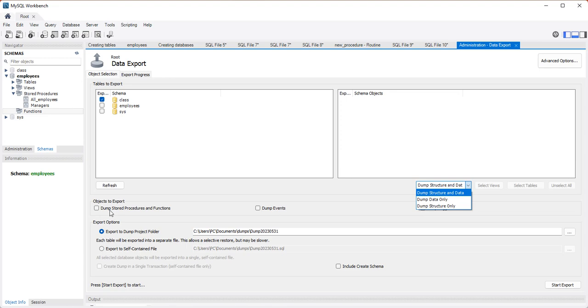Each table has its own structure, and the schema as well has a structure. So if you choose the option dump structure and data, it will save both the table structure and the data rows. When you choose the dump data only option, it will only save the inserted rows